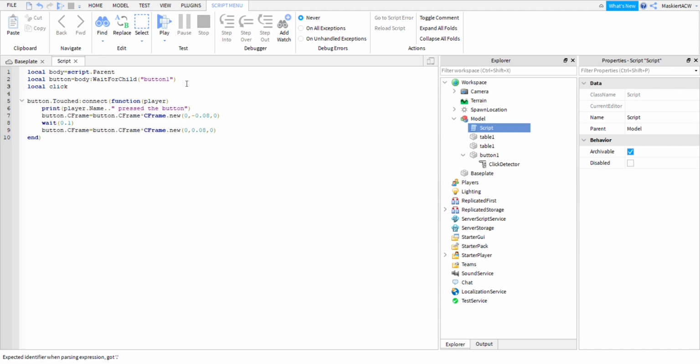Local click equals button wait for child. Typing skills are horrible. And then the click detector. After that we get that, we'll go ahead and remove this. Click dot mouse